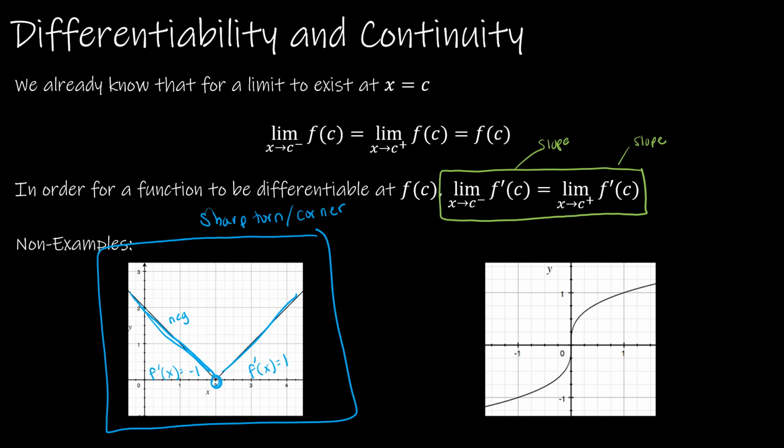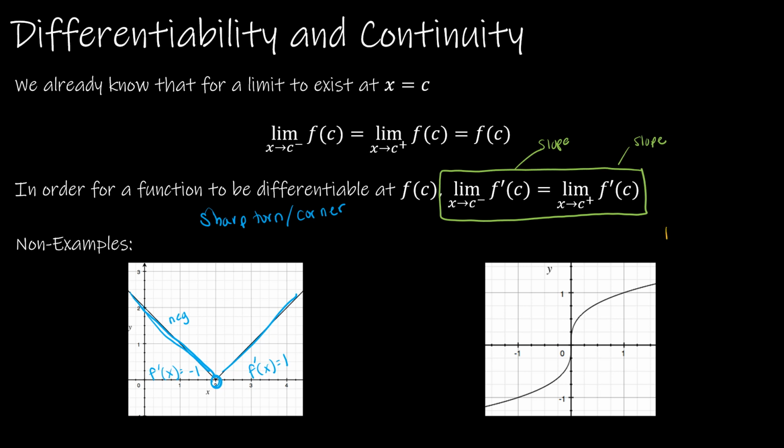You can also look at my second example, or my second non-example, as it were. In this one, you might be saying, well, that doesn't make sense. It seems to be the same from the left and from the right of 0. But if I were going to look at the limit, say, as x approaches 0 of f of x minus f of 0, and this is just the normal slope formula. This isn't finding the derivative. Over x minus 0. That would give me f of x,